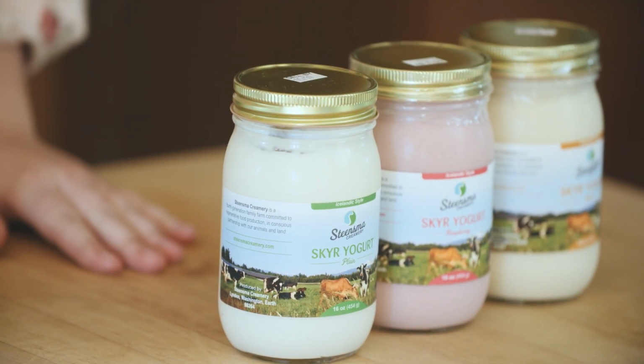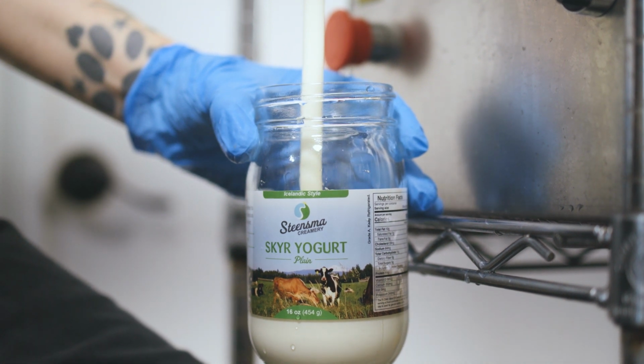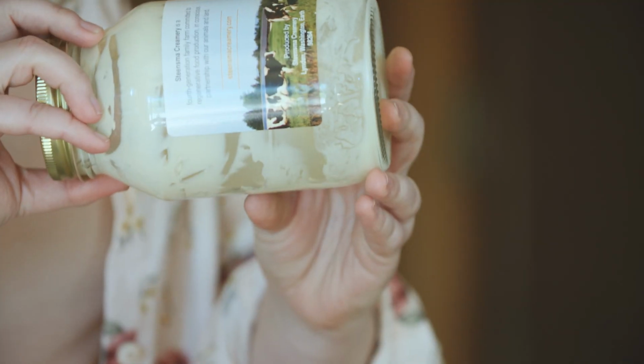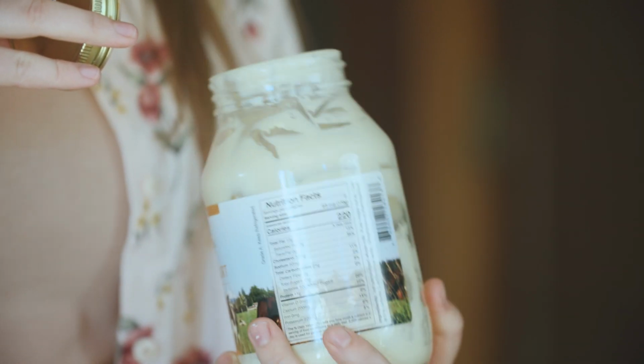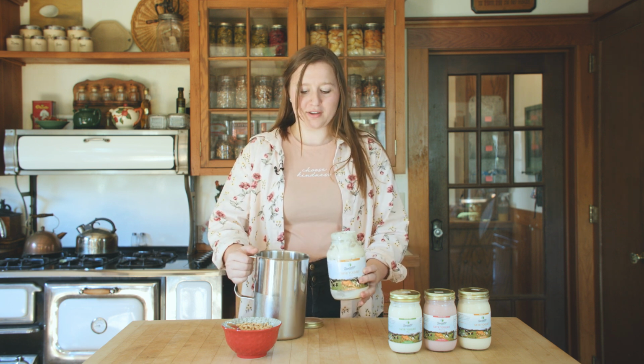Here at Steensma Creamery, we make Icelandic style yogurt. Our 3 most popular flavors are plain, maple, and raspberry. If you're like me and you want to minimize food waste, you can use this tip to get every last drop out of your Skyr yogurt jar. When you have a jar just like this that's just about empty and you want to get the last bit out, you can pour in a little bit of milk,